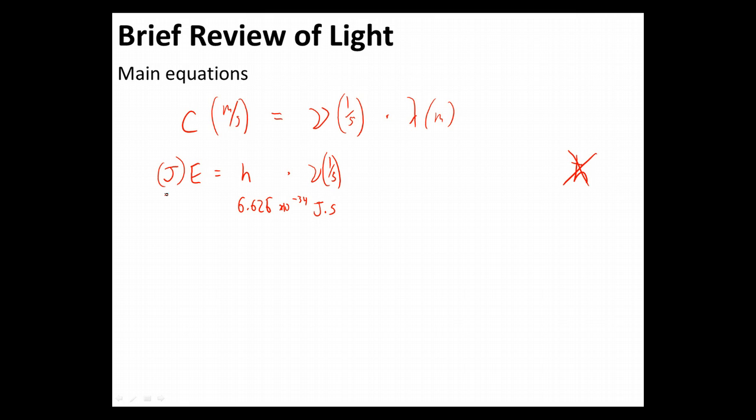Just remember that initially you're going to be finding out the energy of one photon. If you make it for an entire mole of photons, you'll have to multiply times Avogadro's number. So yeah, you'd multiply by that and you'd end up getting per mole. All right, now one other thing I'll point out, the book and lots of other books love to give you a combined form where you just substitute frequency. So you rearrange that c is equal to frequency times wavelength, substitute that into this equation, and then you end up getting this equation,